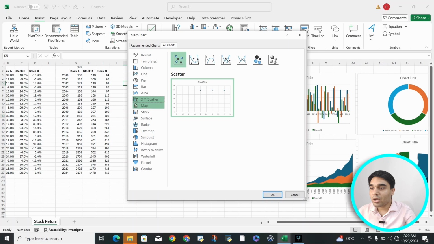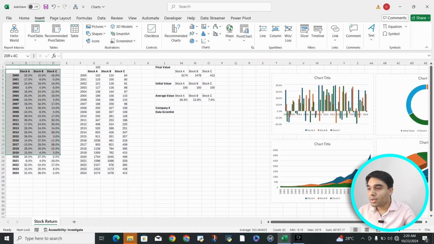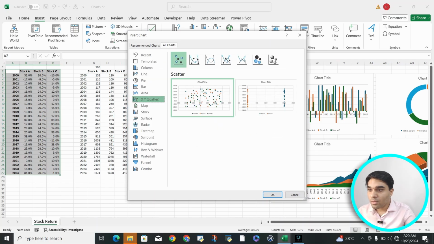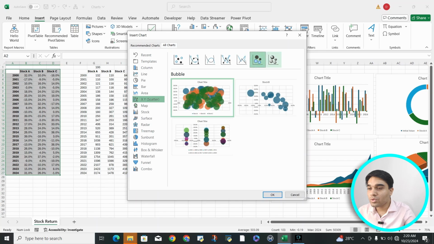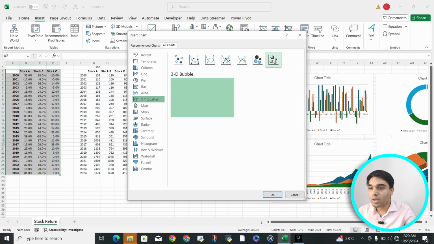So scatter plots are not majorly used when we have such data, but if you have to use that, let's just try to copy, select all of that and then go to recommended charts and then all, and then go to X and Y. Now let's just see which one will be the best one. And now you can see, if I'm going to select this particular array,